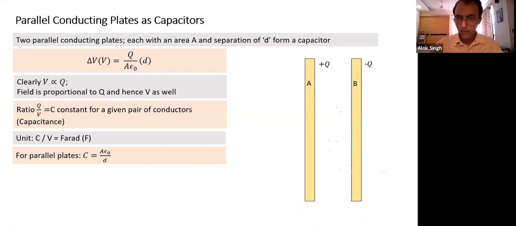Many of the practical capacitors which are available in the market may have a spacing of less than a micrometer, extremely small spacing. The advantage of extremely small spacing is, with a small area also, a small size of capacitor, I can get higher capacitance. And you will see later, the capacitor is also a device which can store energy, and it can store more energy if the capacitance is more. That's why we want to have higher capacitance.